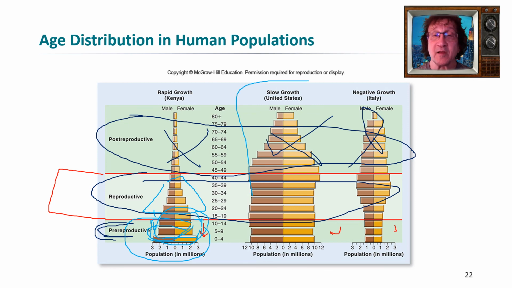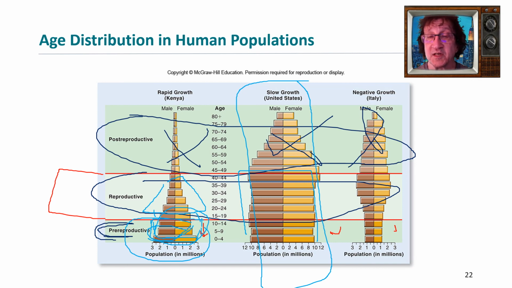Now, this is more like the U.S. and many countries. If your bottom and middle are about the same, that means your people are not dying, but you're not really increasing the amount of young that are making this population. You just don't want this bigger than that and moving up. So this is a stable population. So let's say I'm just built like a square building, I'm okay.